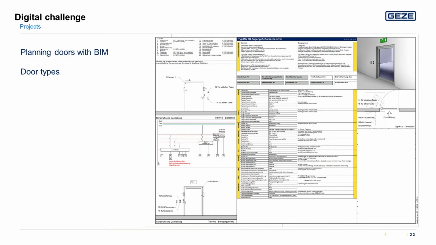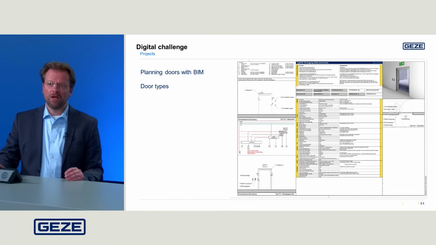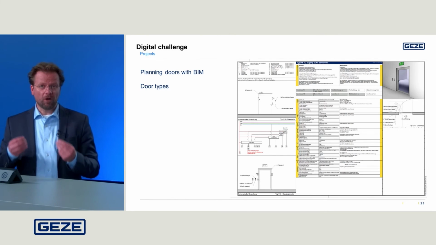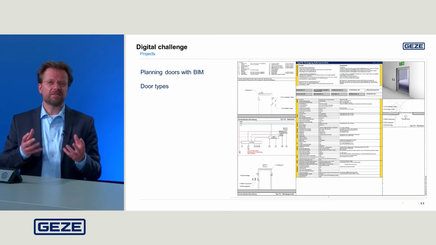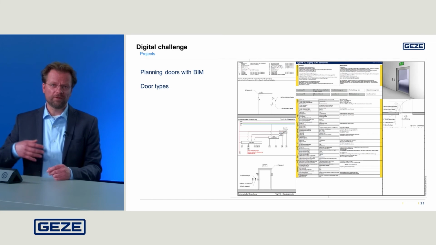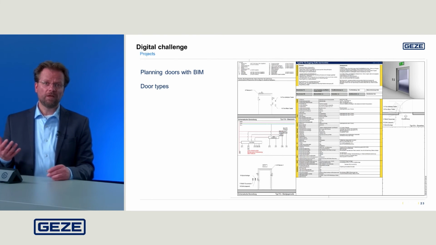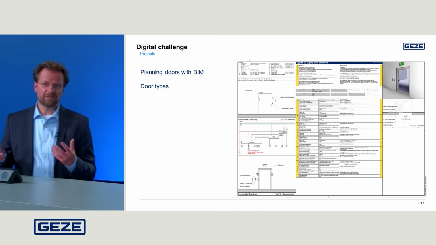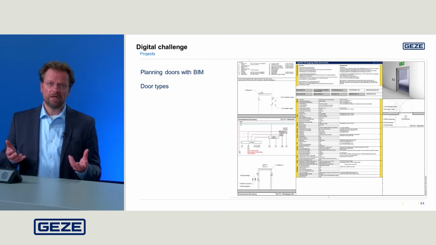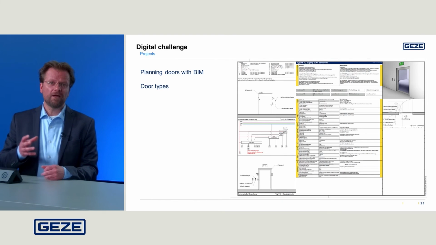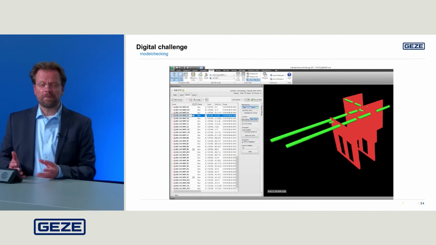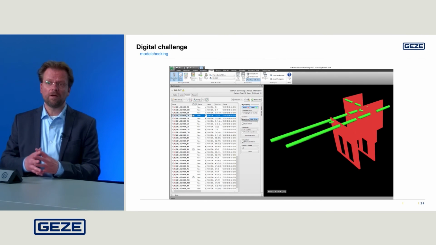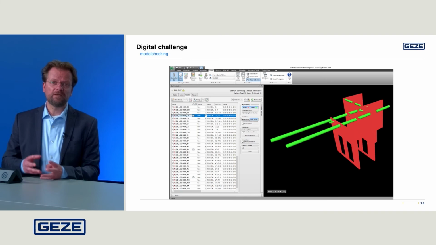So with this way of thinking BIM, we are not just standing with BIM objects and we give the BIM objects to you or to the architect, and it is way more. We can help you with planning your doors. We can help you not just by creating these tender texts or nice pictures. This is a thing we help you to stop making mistakes. These mistakes are in BIM possible to find in your computer.